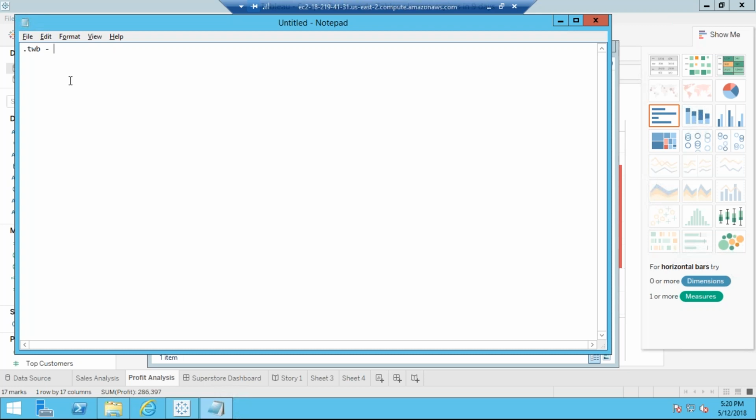TWB file never stores any data. Getting it? Okay. So Tableau TWB file never stores any data. What it will do is just store whatever you have created in Tableau sheets or the Tableau workbook.